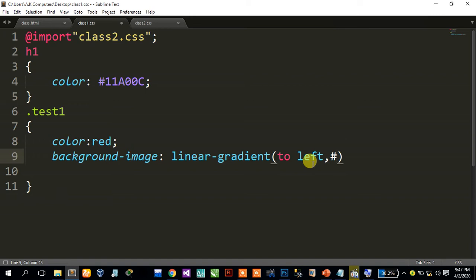hexadecimal numbers for color coding. Okay, you must start with hash. Like here, this is also a color coding. Okay, if you want to write here, give any other color, the color name is bitter. Okay, but here